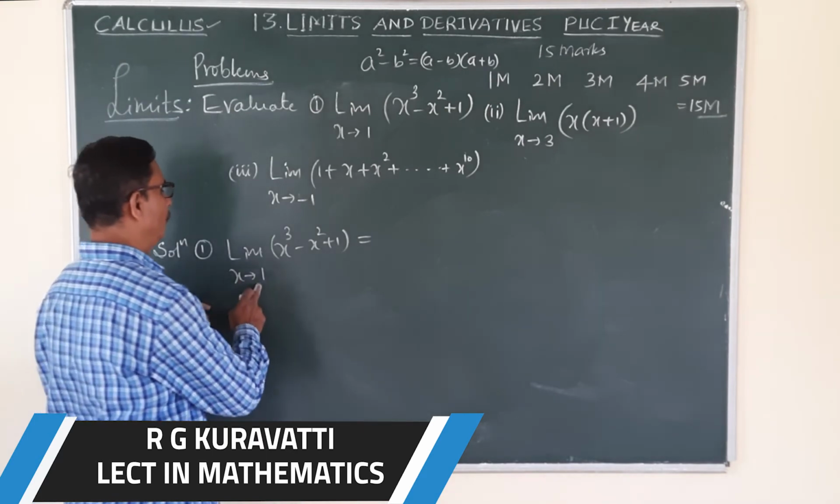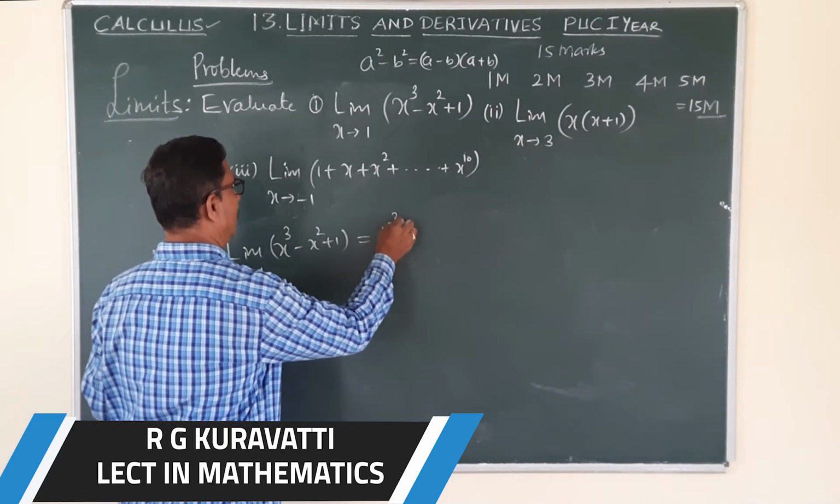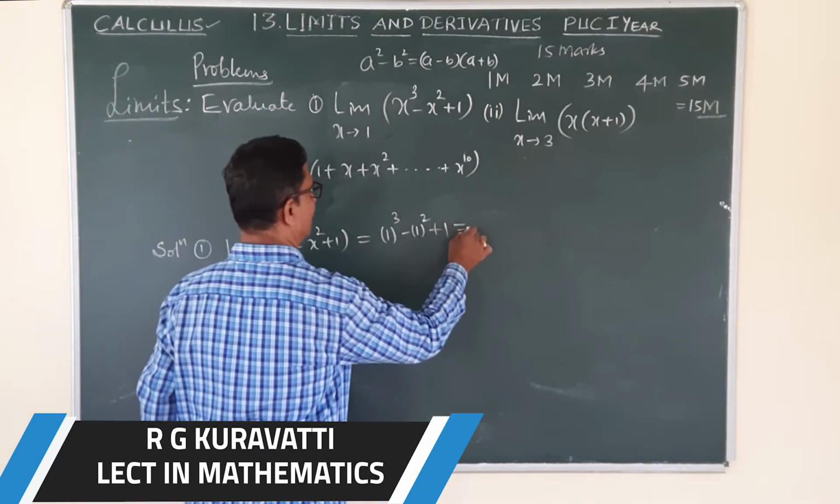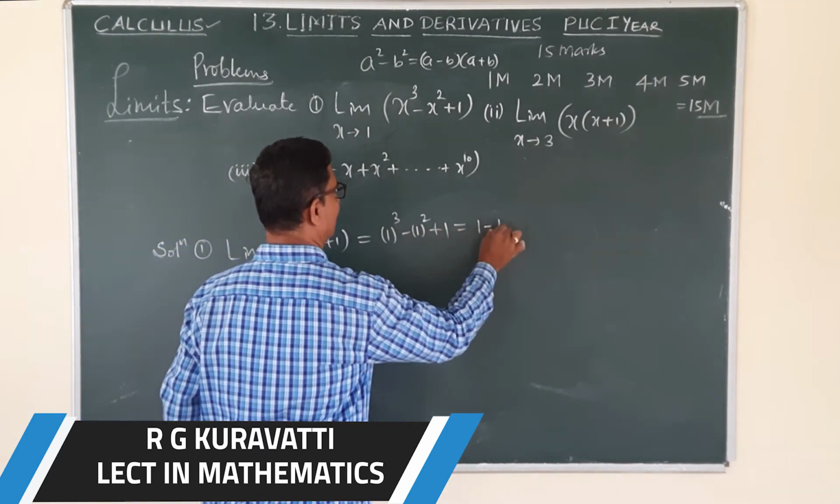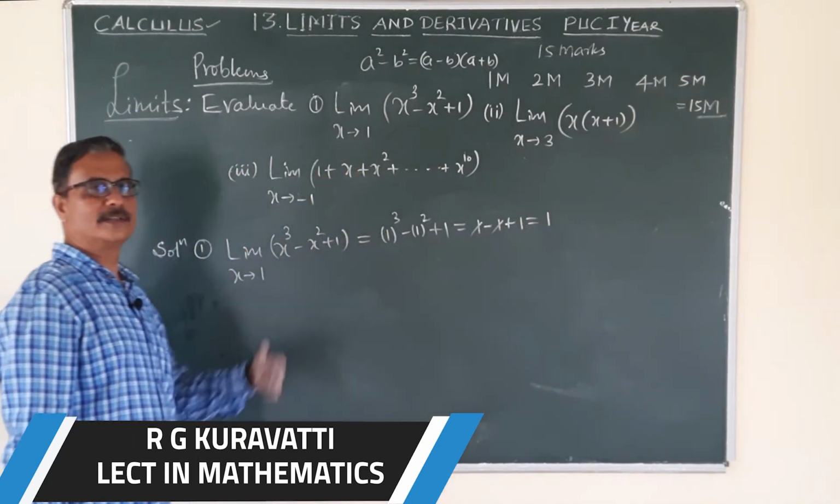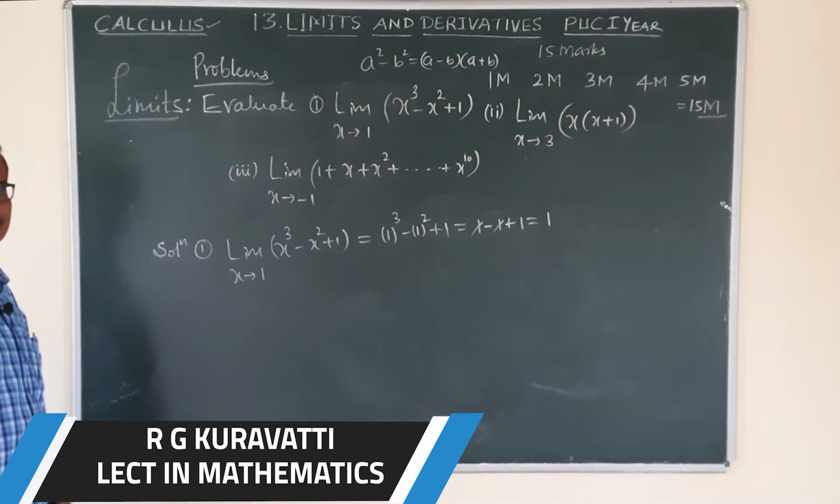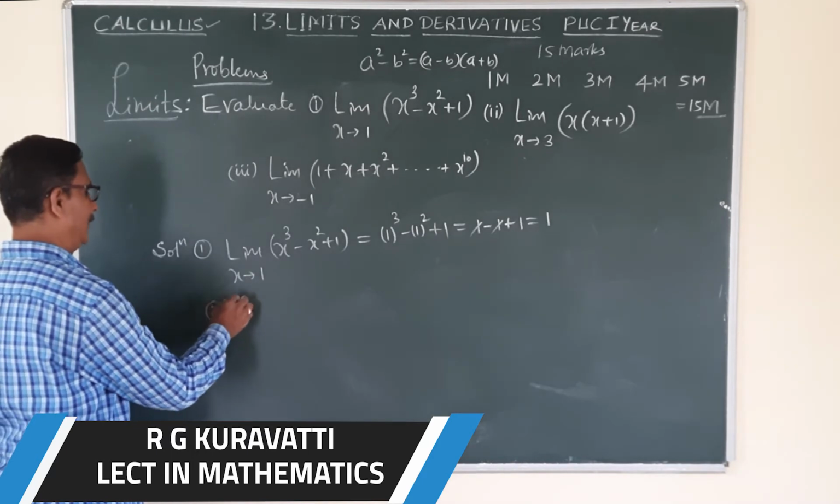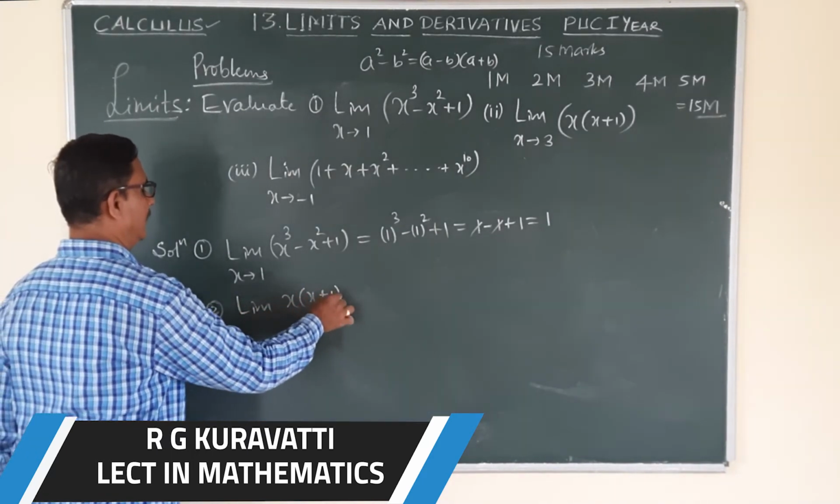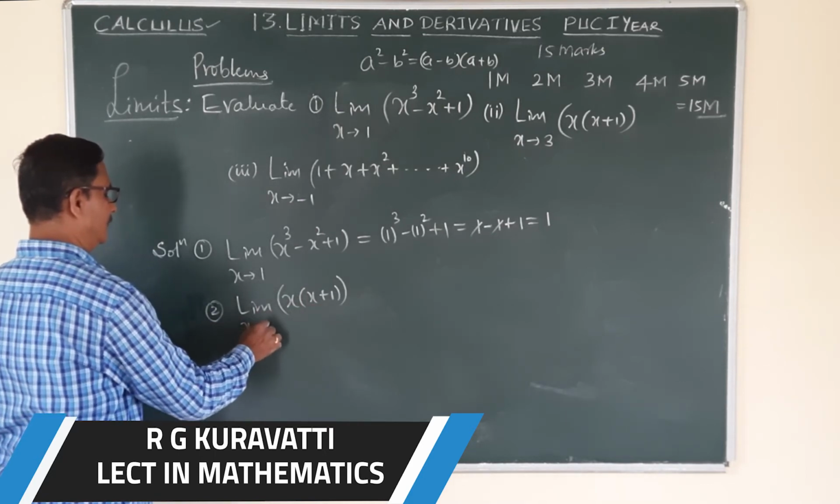Here I am going to put x is 1. 1 cube minus 1 square plus 1. That is, 1 cube is 1, minus 1 square is 1, plus 1. 1 cancels. That is 1. 1 is the finite value. 1 mark question. Okay? Whereas the second one, evaluate the limit of x into bracket x plus 1 as x approaches